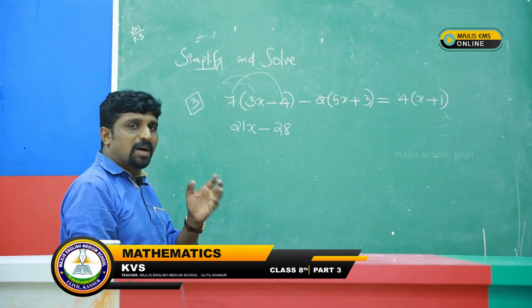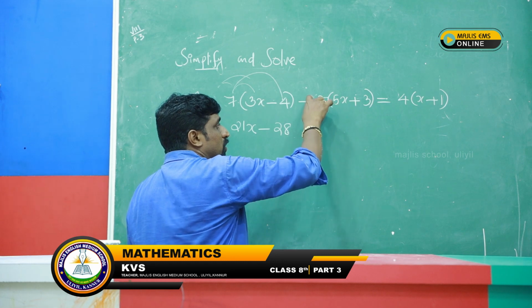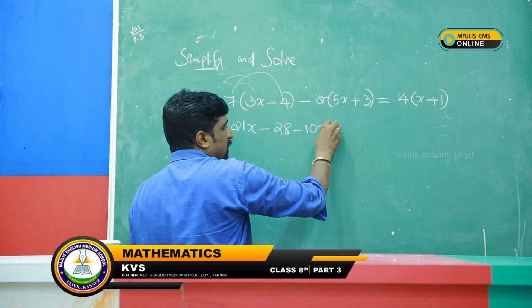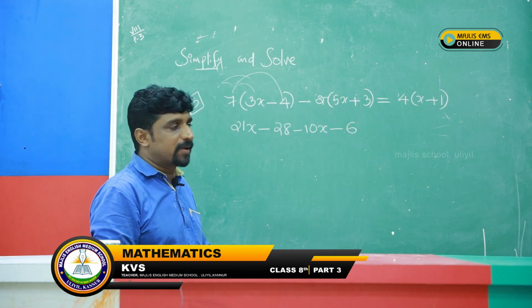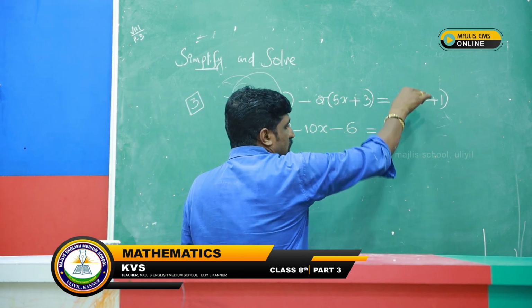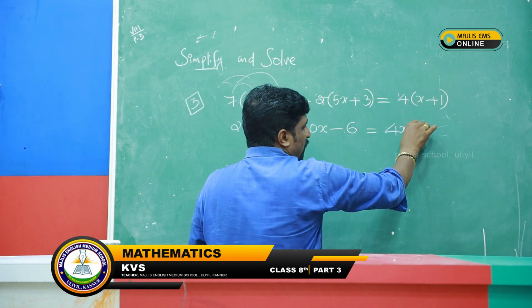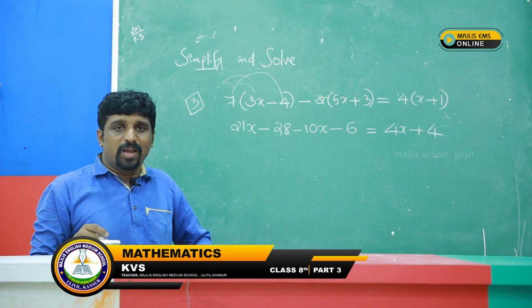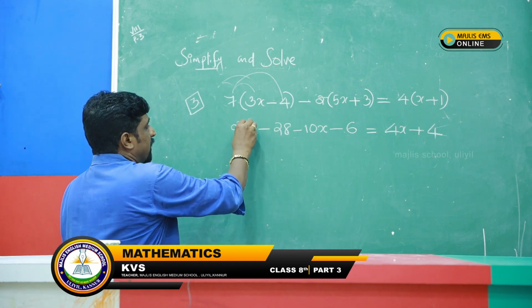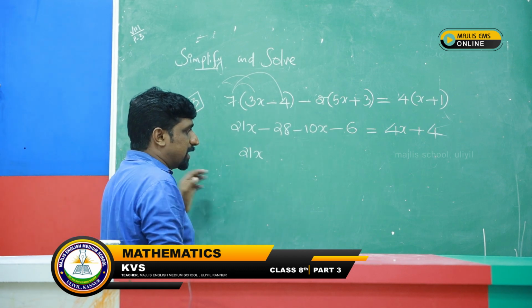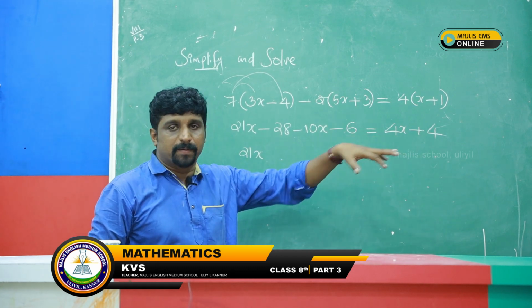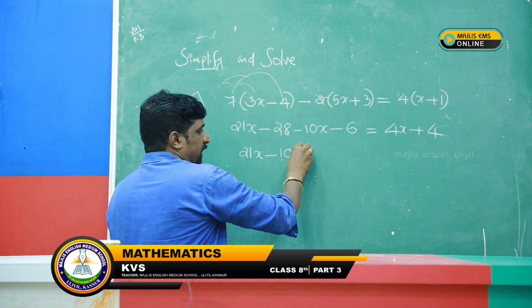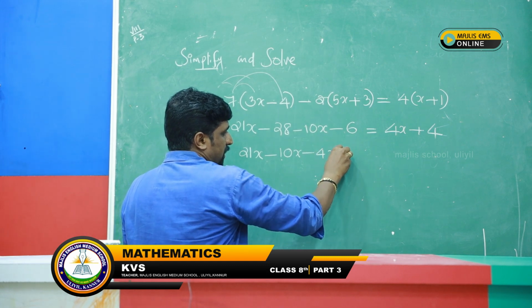First bracket removed after multiplication. Next, minus 2 into 5 is minus 10x, and minus 2 into 3 is minus 6. The left side is done. On the right side, 4 into x is 4x, 4 into 1 is 4. The brackets are removed here. Now we can take x to one of the sides. Here 21x is already there. One of the sides means the equality's left or right. 21x minus 10x, and the 4x can be taken to this side, that becomes minus 4x, equal to